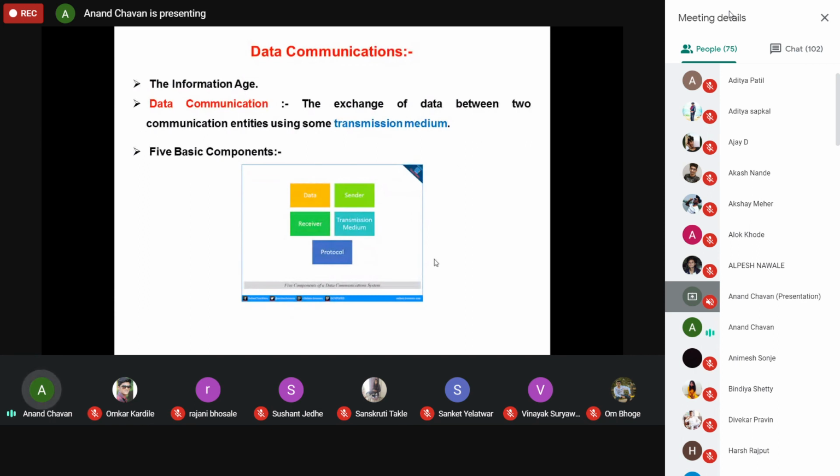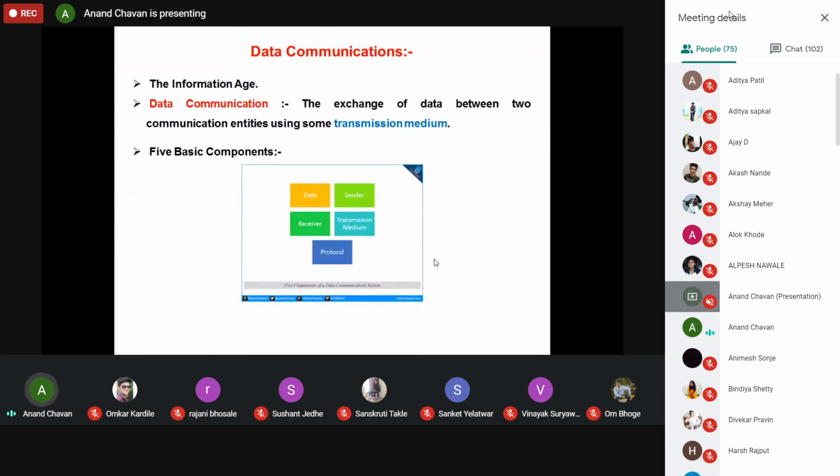That is one of the applications of computer networks. It can be sharing the screens, sharing the voice, sharing the audio. That is nothing but the information age. And we are going to see how it can be done, some basic concepts.